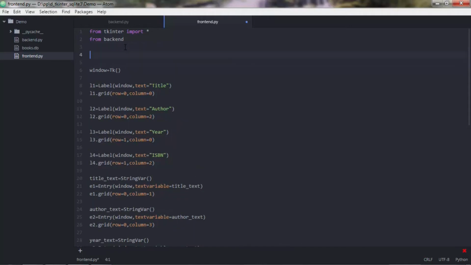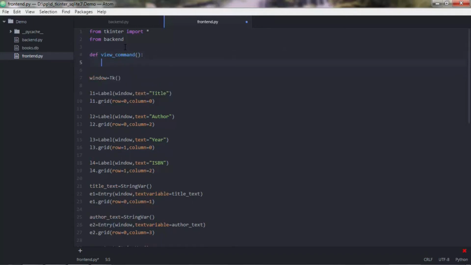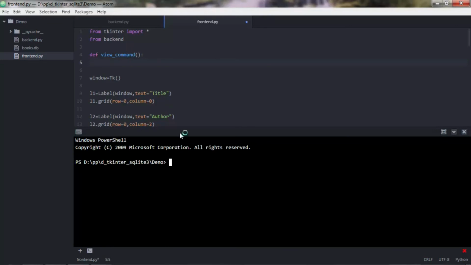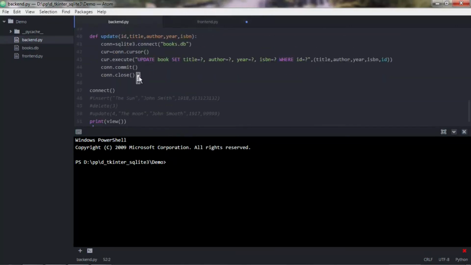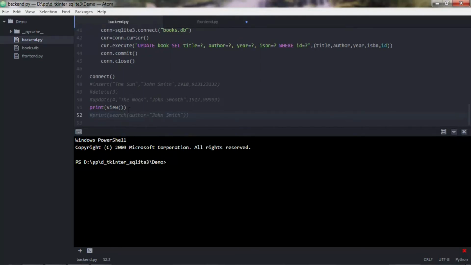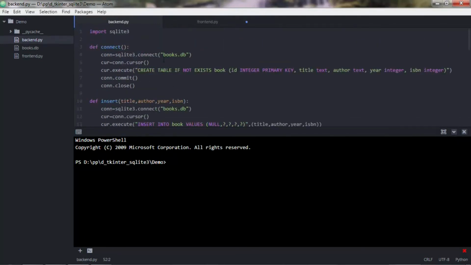So let's write our functions just here. Def view command. So think about the output now. The output we are getting is a tuple. So I'm going to execute the view function here, so print view, just to see what we have if you have forgotten it. So python backend.py,